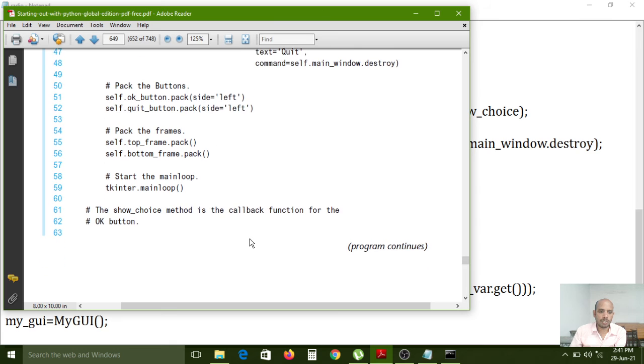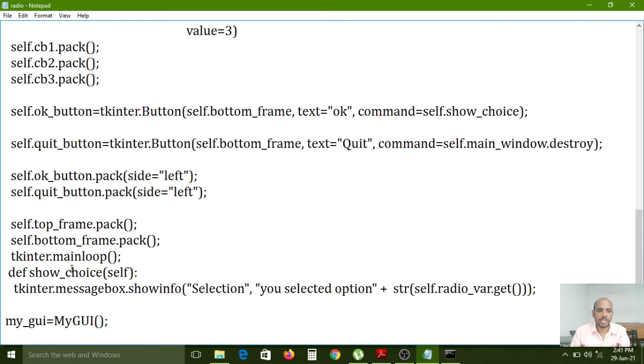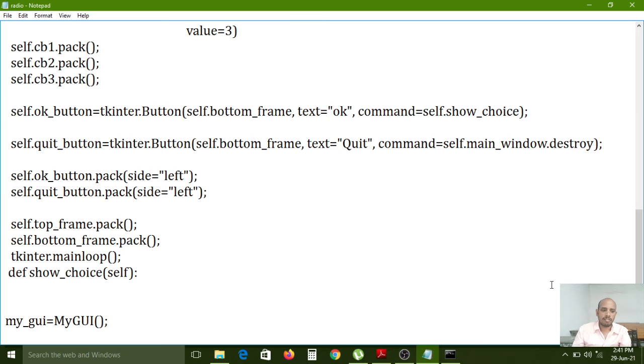So inside show_choice, self.message: you selected. Here you need to change some things. Now I am removing this entire line.